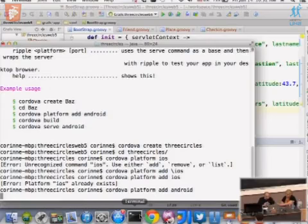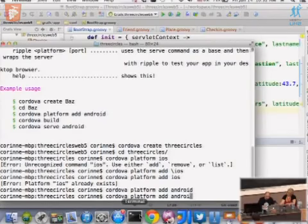So when you do the Cordova create, it will create an empty project for you with a hello world example. But what you just do is you go to where you have your resources, you just